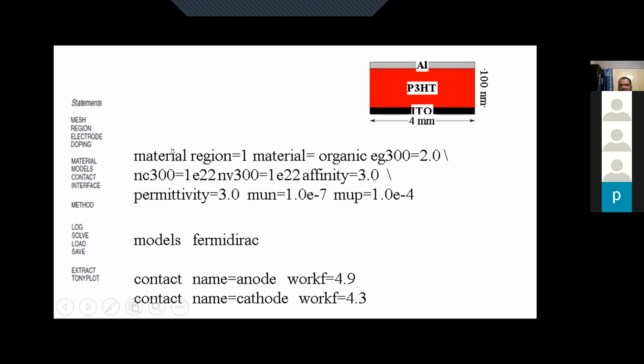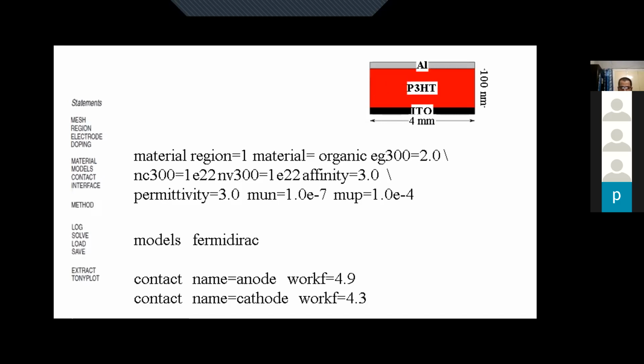So there is only one material, so we have defined that. If there had been multiple materials, then accordingly in sequence we have to define the other materials as well. So now next we need to define the model that is being used. So if we write a model here, it will take default model parameters like Boltzmann equations and all that. And also by default, the temperature is 300 Kelvin. That is also by default. So you need not specify these things.